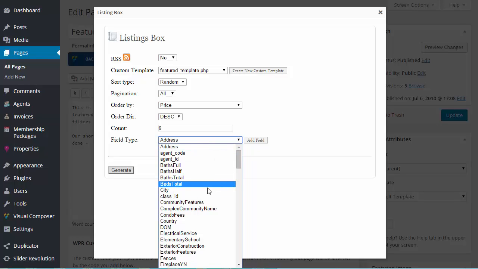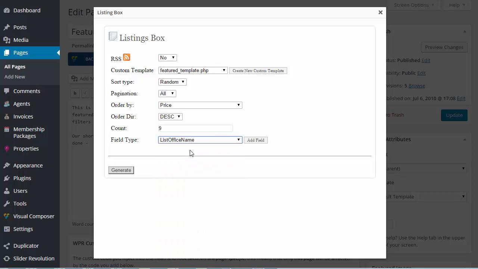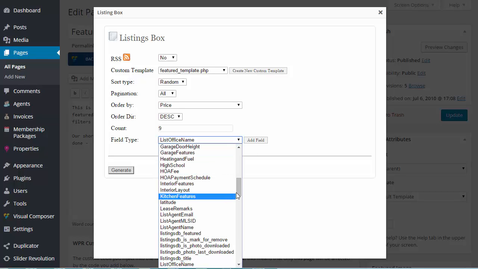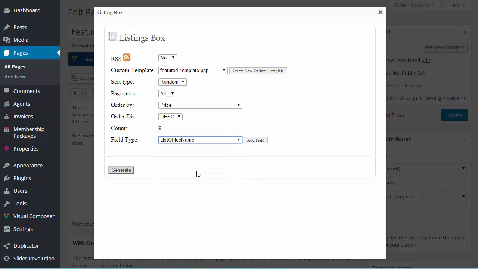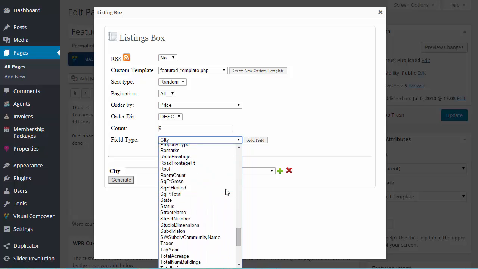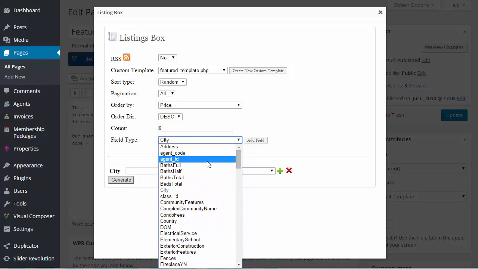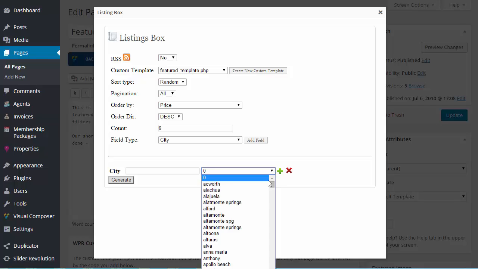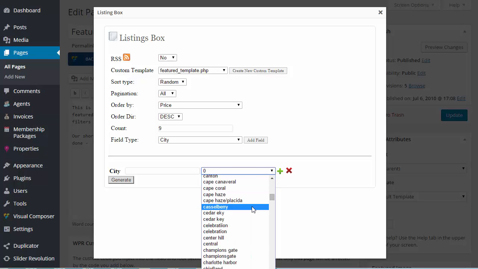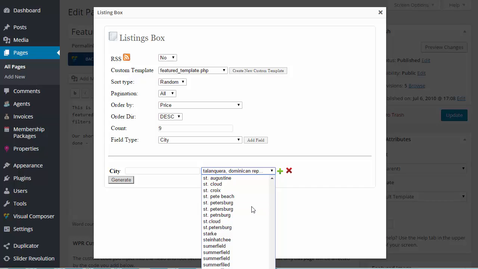And like I said a while ago, I did a listing office name, and I went that route, but I didn't get very many listings for that office. So I'm going to use city for this one. And while that's going through and looking through 60,000 listings to give me a city list, I just want to explain that you can combine any of these, and if there are multiple values in each, like this one, you can actually select, I'm just going to go Tampa,